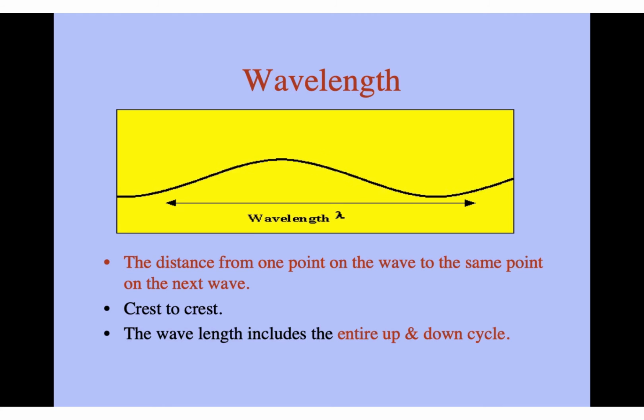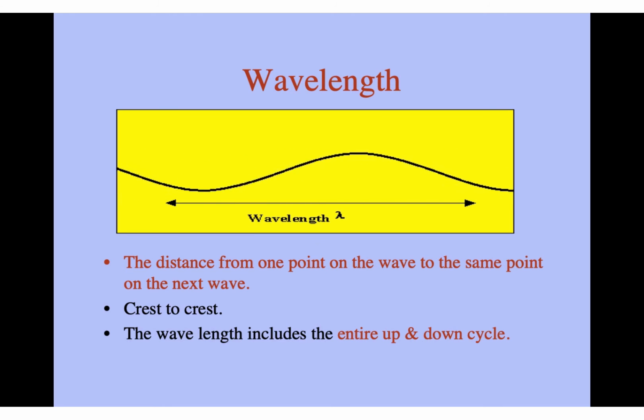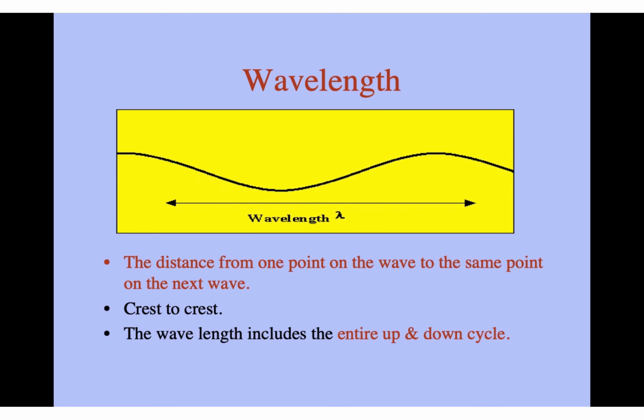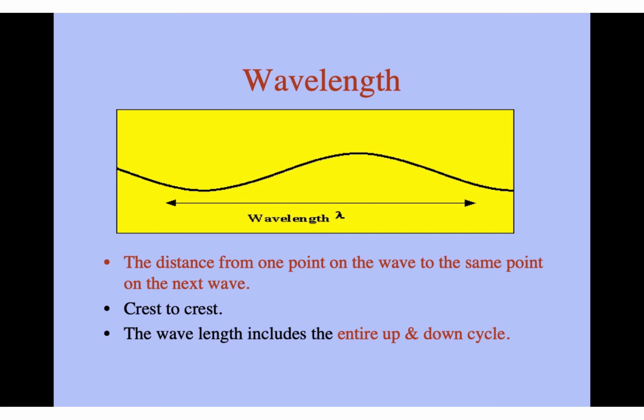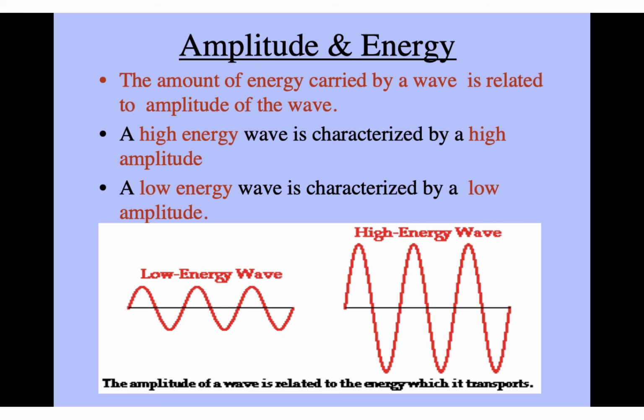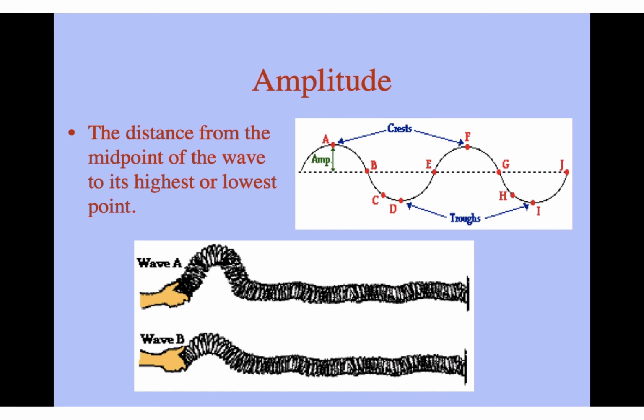Wavelength. Now, this picture of a wavelength, I probably should have put a different one on there. Let me go back. Okay, so the wavelength, let me go to a better spot. Okay, look on this wave here that it has on top with the letters. A wavelength's definition is from one position on the wave to the same position on the next wave.